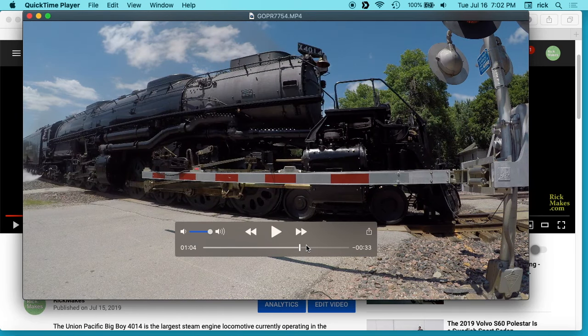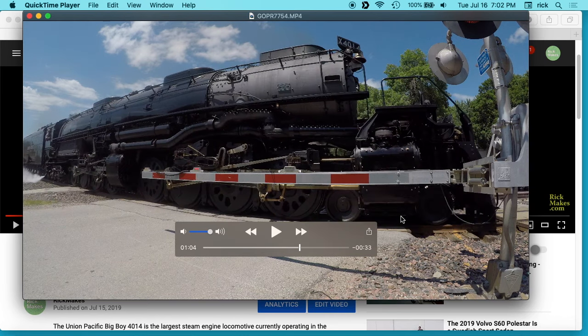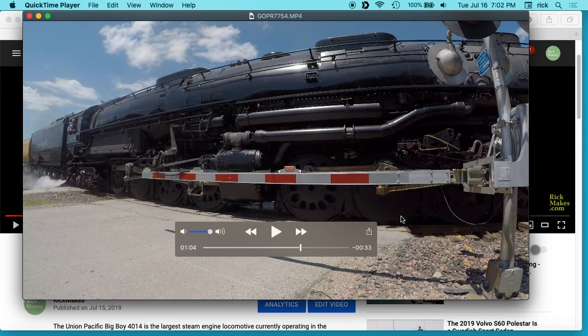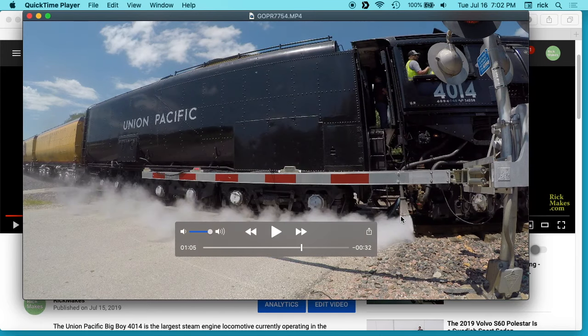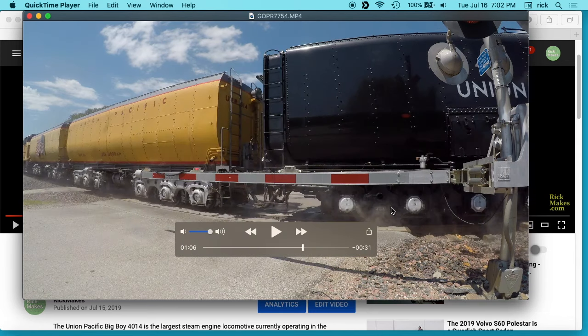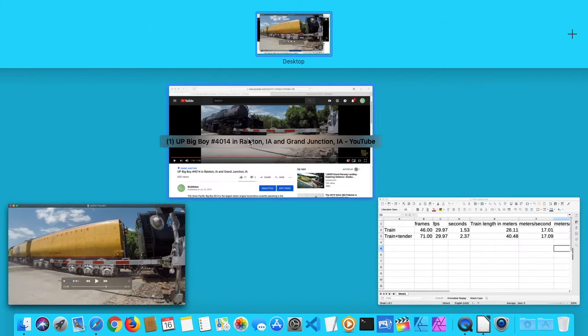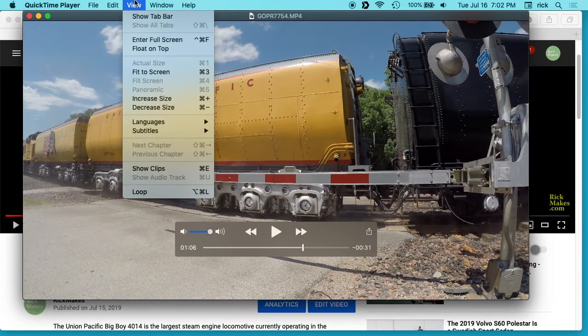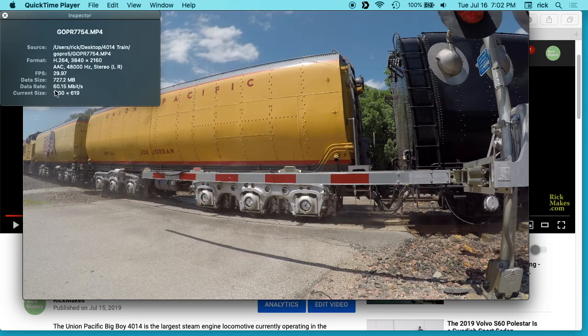So I stopped it right here, and I use this as a reference, the edge of the, I don't know what you call this, a trained person probably knows. So I use that as a reference, and I went forward frame by frame until I got to this here, and I counted the number of frames, and then I went to the back of the tender also, and got that value. So I took those, and then also, if I go here and look at my movie inspector, I see that we have